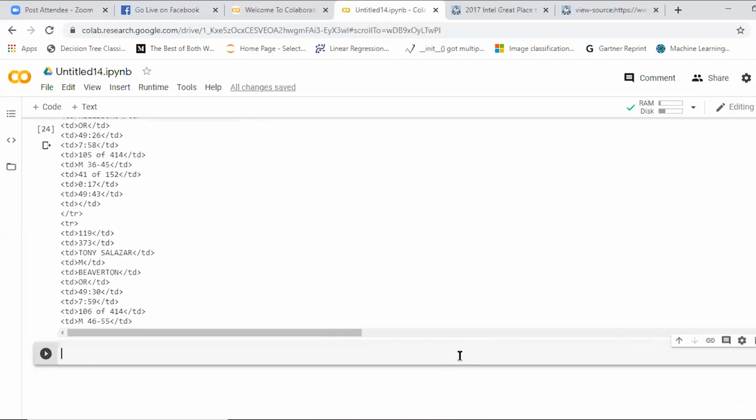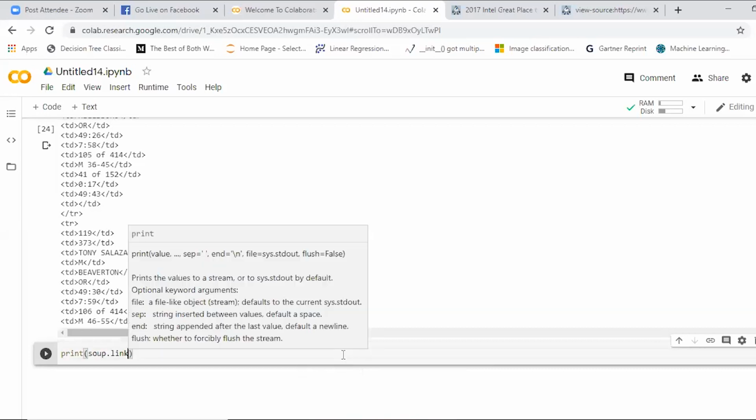So we have used get text for getting the text. If you want to separately find out the links, the external links or whatever we have given, the old code is at the top. Nikhil, you can scroll up, because we are running cell by cell. It moves line by line, because you cannot see the entire thing if you go for Spyder, because Spyder is an editor. You can give soup.link.